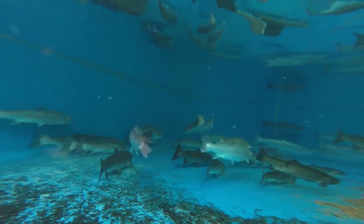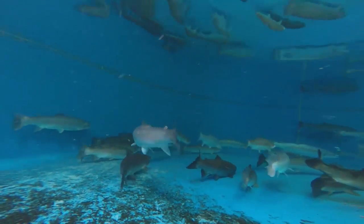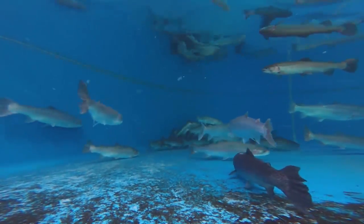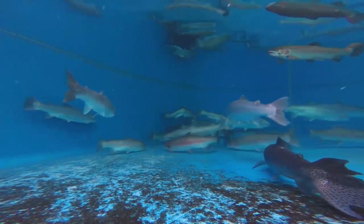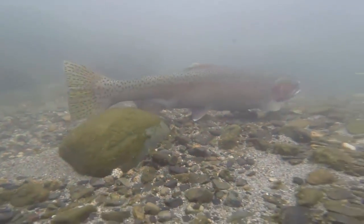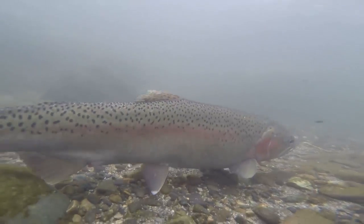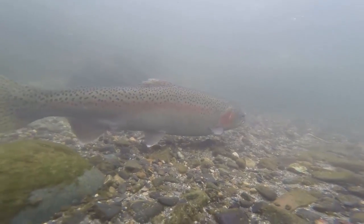We're able to drip medication into them to keep the parasites off from them, because again, they're in fresh water, and historically they go to the salt water where salt would take care of a lot of the parasites that they encounter. We medicate them with antibiotics before they go into the tank, and yeah, we do a lot of special things for these fish just to try and give them the benefit and give them a better chance to survive. And not only survive, but the important thing is that we give them all the nutrition, all the help we can give them so they can regenerate their eggs and go back up and spawn for a